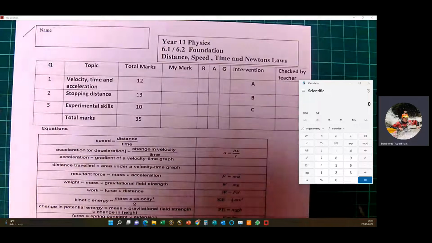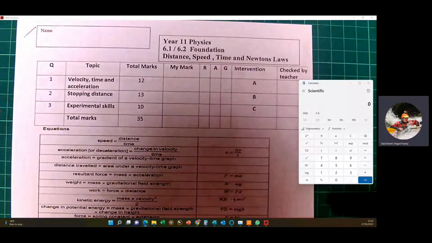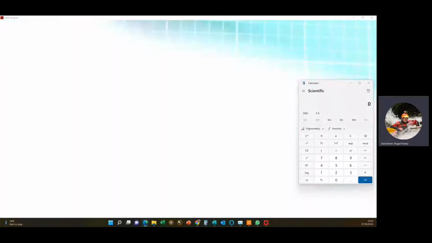Okay, so this is a walkthrough of the distance, speed, time and Newton's laws test at foundation level. Okay, so question 1